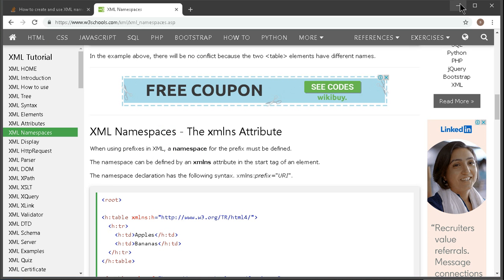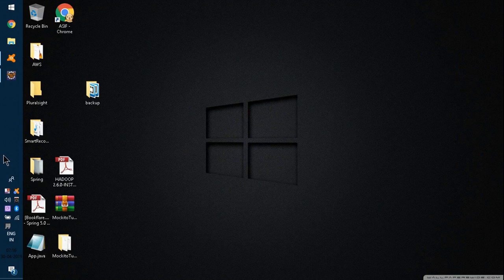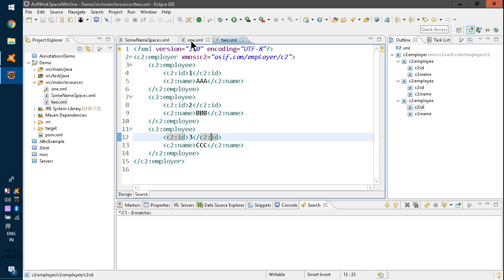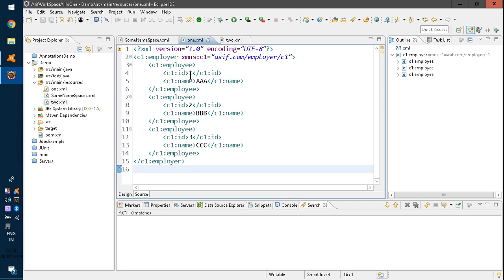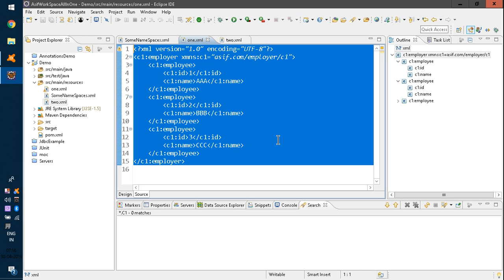And let me jump on to the XML. First, let's say this is our XML, and we need to read it and write the Java program. It will be very difficult to read the data, because in this XML we just want this data. What is this data? We want the ID data. We want the name, triple A, and we want these two and B, and we just need to read the data,